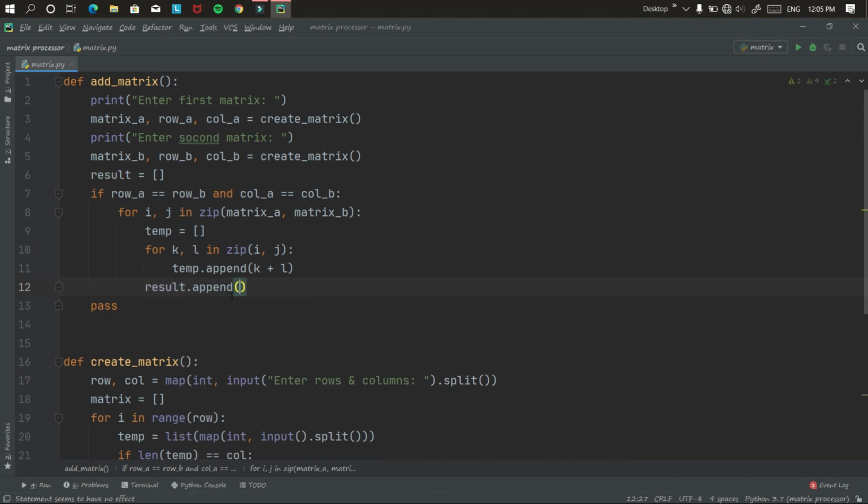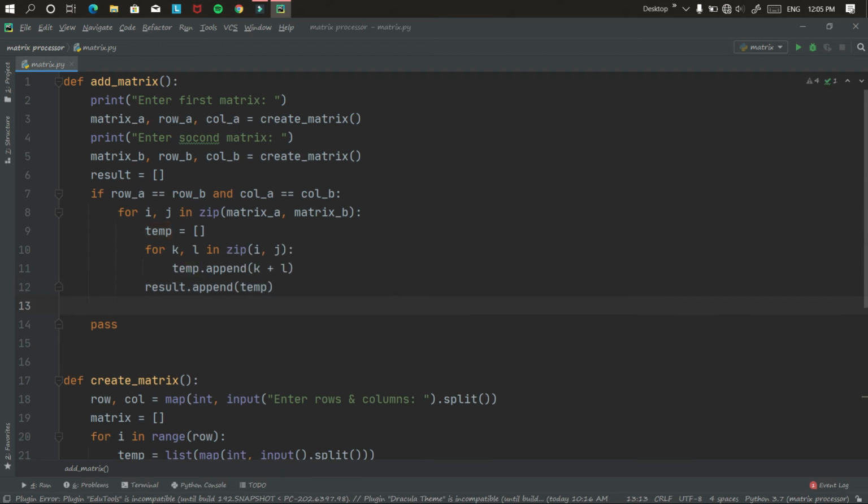After that I append temp to result. And finally I return the added matrix from the add matrix function.